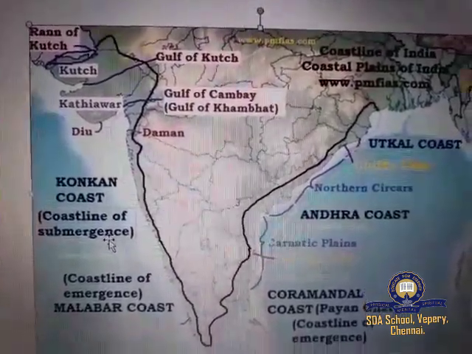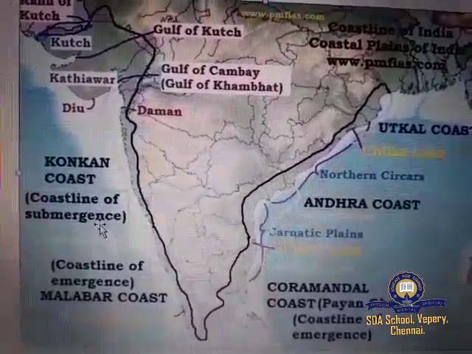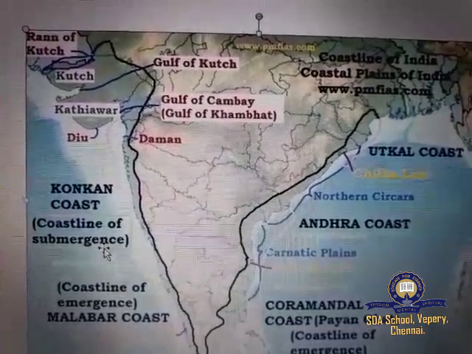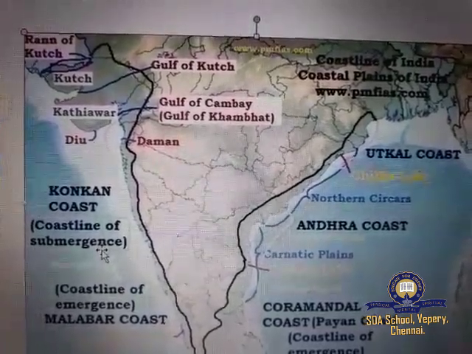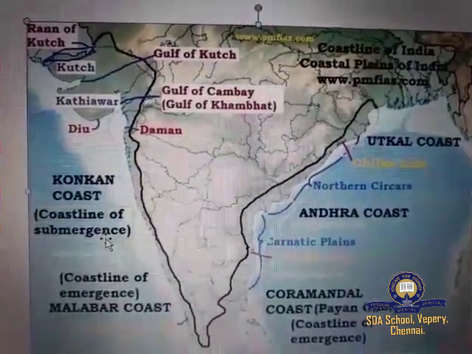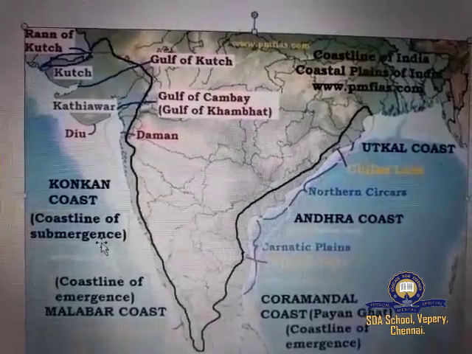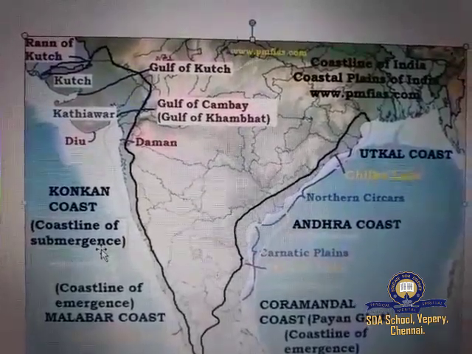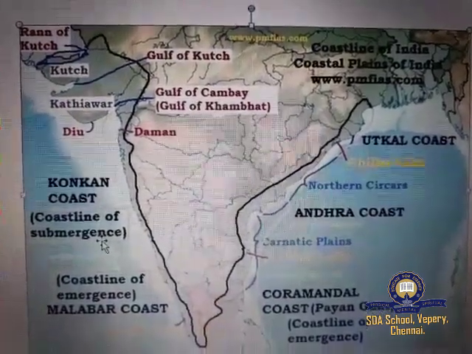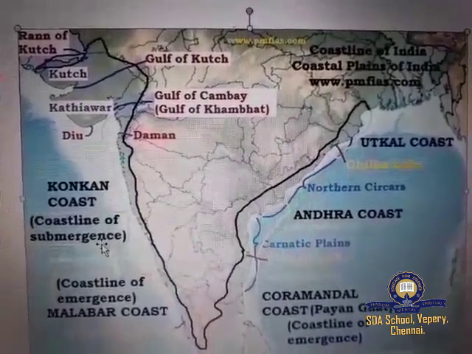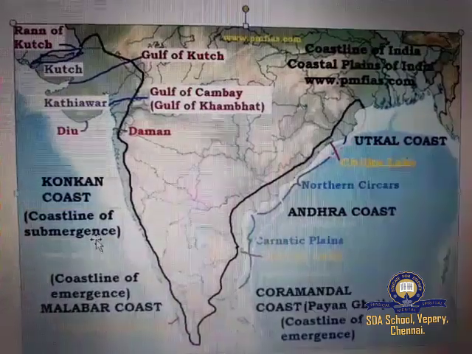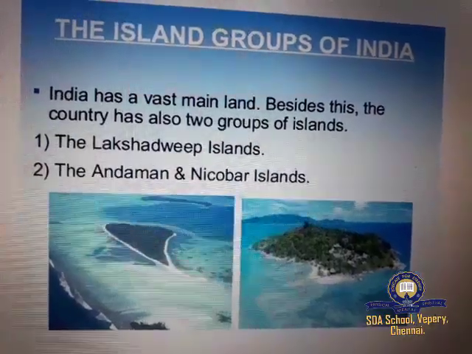Among the backwater lakes of this coast, Lake Chilka is the largest lake in India, located to the southwest of Mahanadi Delta. The Kolleru Lake, which lies between the deltas of Godavari and Krishna, and the Pulicat Lake, which lies on the border of Andhra Pradesh and Tamil Nadu, are the well-known lakes in the east coastal plains.